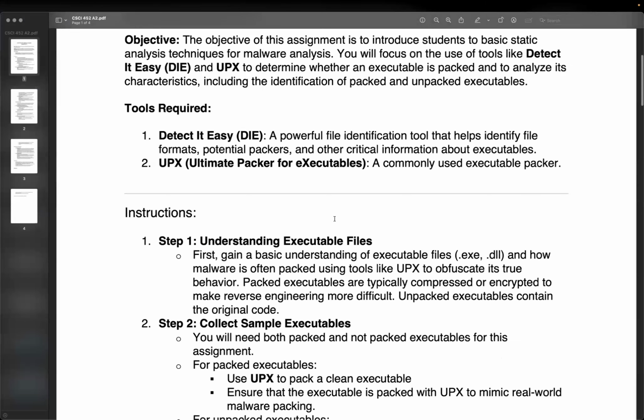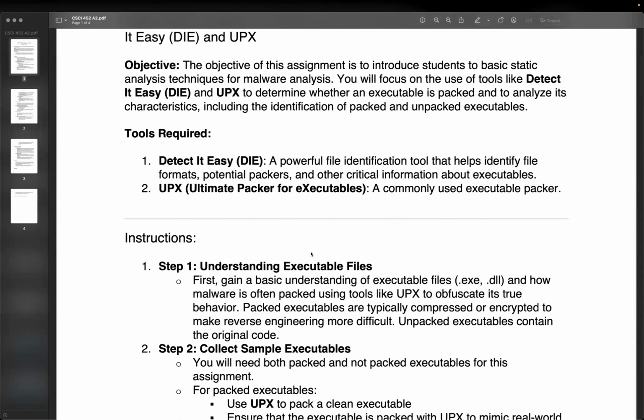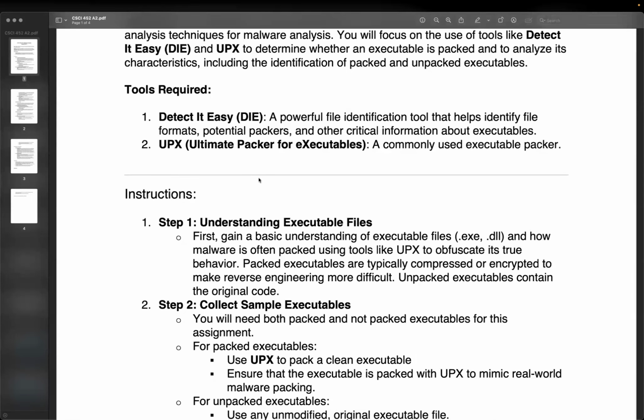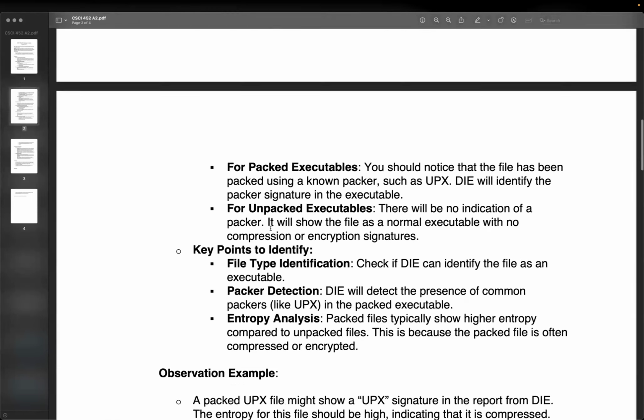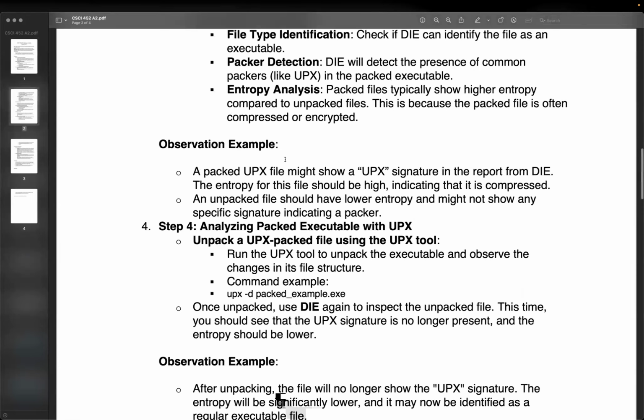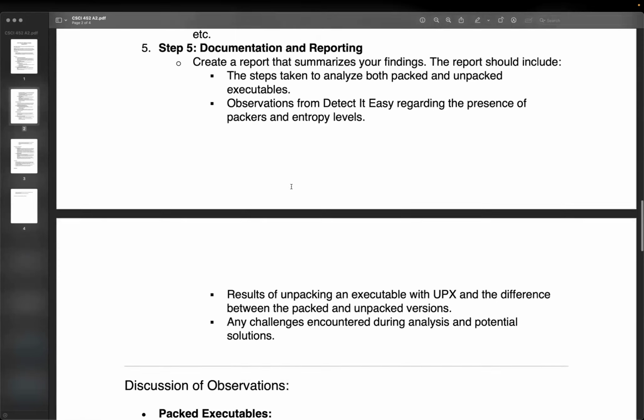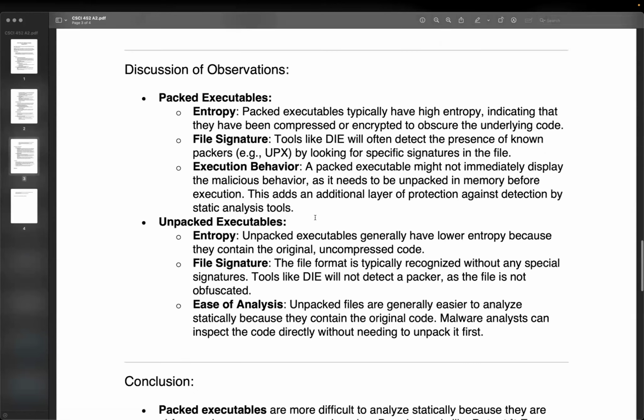Just to let you know, I just posted a new assignment. If you try to follow the lab on Tuesday, where I had you install the tool and use UPX, mainly you just follow the previous steps, and what you need to do is compare. You can start with the unpacked one, compare it with the packed one, and then use UPX